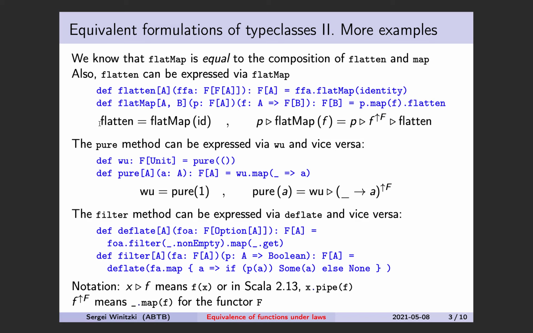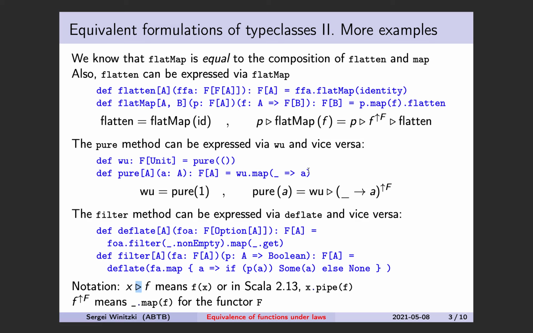I developed a special short notation for reasoning about code. So in this notation, I would write it like this. Flatten is flatMap of identity, and then p to which I apply flatMap of f is equal to p to which I apply map of f, that's denoted like this, and flatten. So the notation basically is that